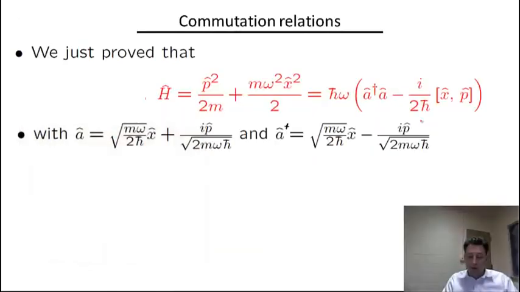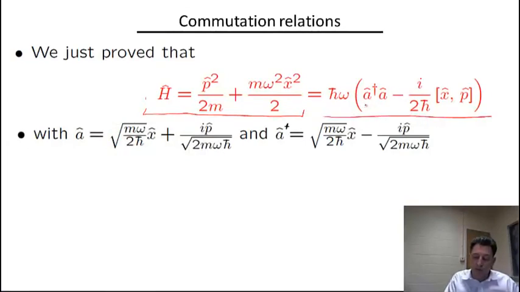So what we just proved in the previous video was that the harmonic oscillator Hamiltonian can be represented as a sum of two terms. The first term is A dagger A, where A dagger is this creation operator and A is this annihilation operator. And also there was a second term which is proportional to the commutator of x and p, position and